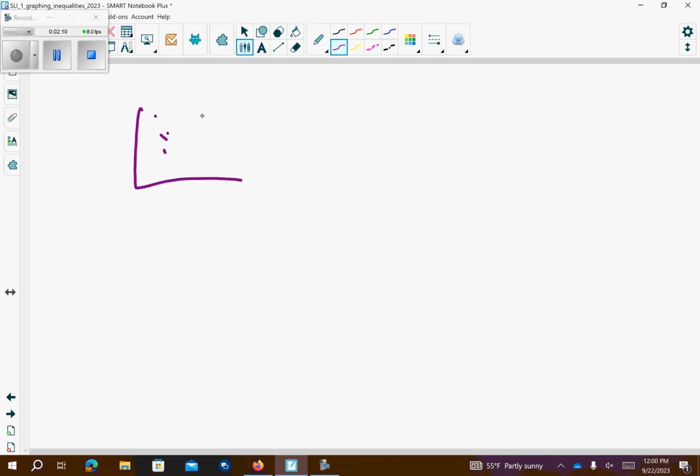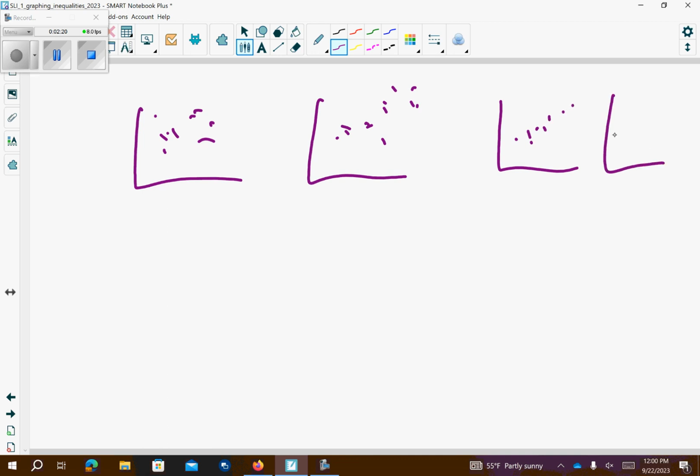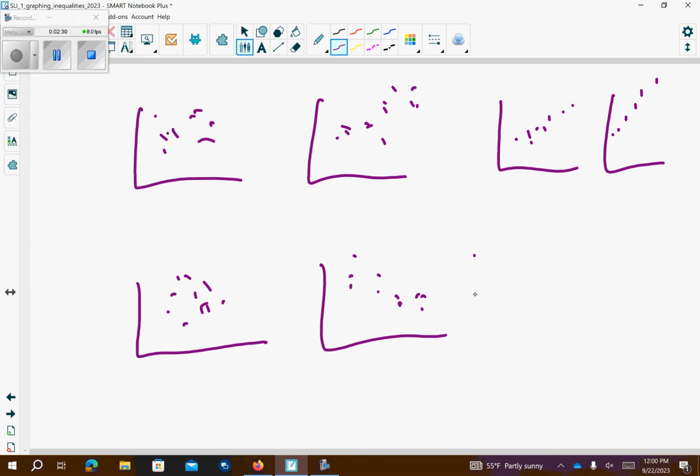So you could have dots all over the place. You could have dots that are kind of all over the place, but it looks like they follow some sort of trend, a little closer together, then a straight line. Or down here, again, all over the place, but it looks like it's going downward. They seem to form a little bit more of a line going downward. It says if the scatter plot looks like either of the two from the furthest left, number 1 and number 4,